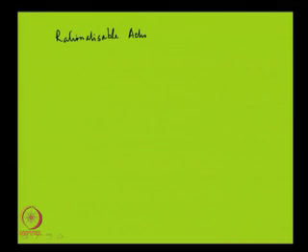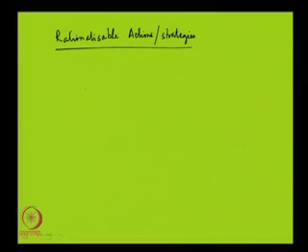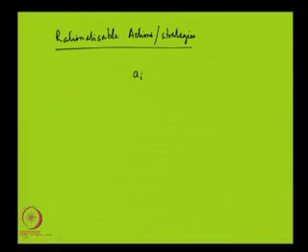We shall call it rationalizable actions. They are also sometimes called rationalizable strategies. So, what is the concept here? The idea is that an action for player i, suppose a_i, is rationalizable for that player if that action can